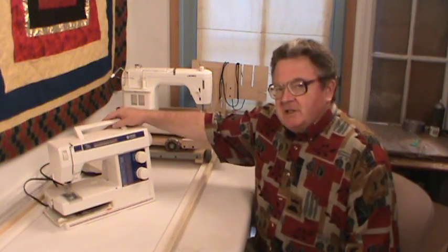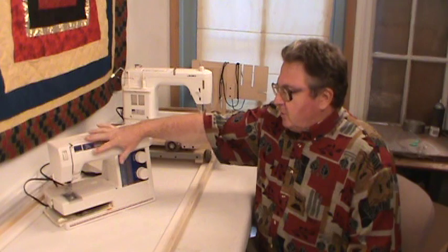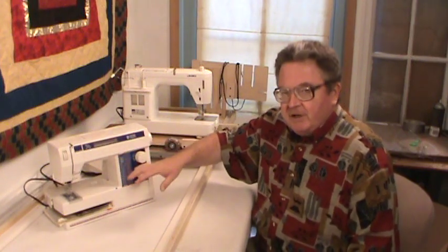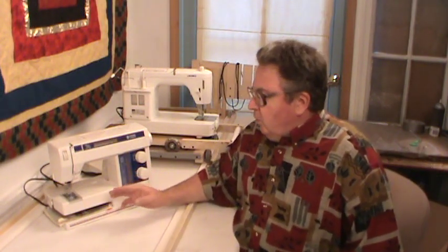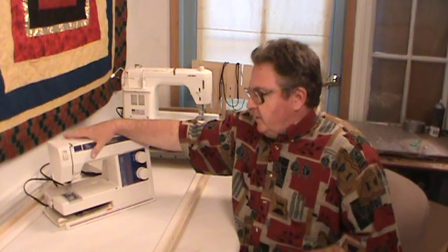One of the machines that I use is a Viking. Typical home sewing machine, lots of stitches, different features. Well, I would say that there's two really big differences. One is, does your machine have a thread clipper? In other words, this machine,